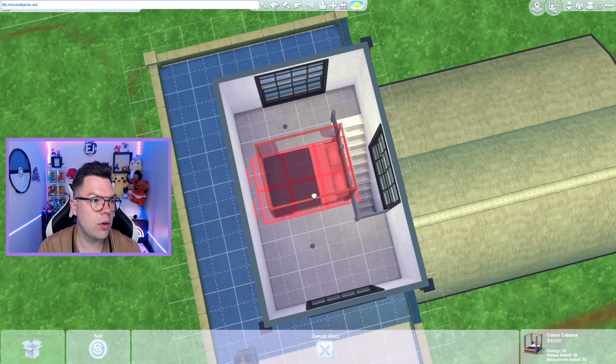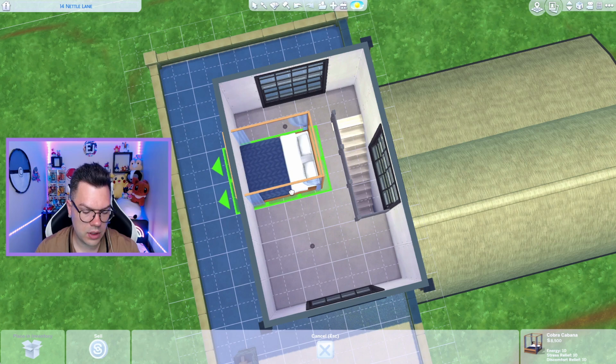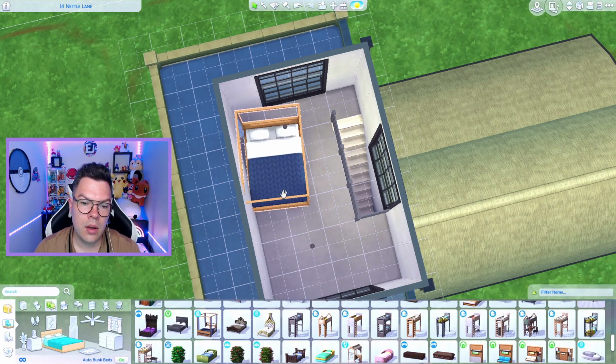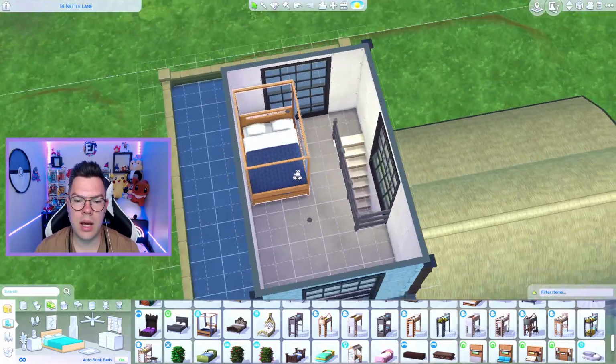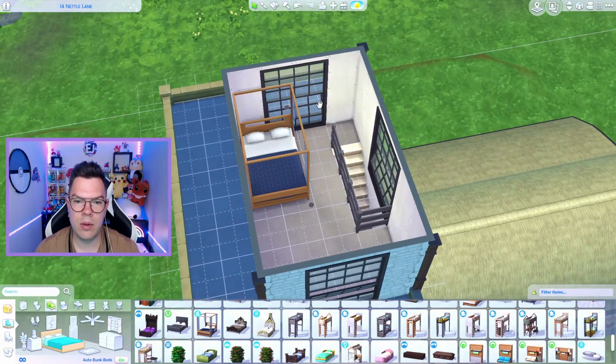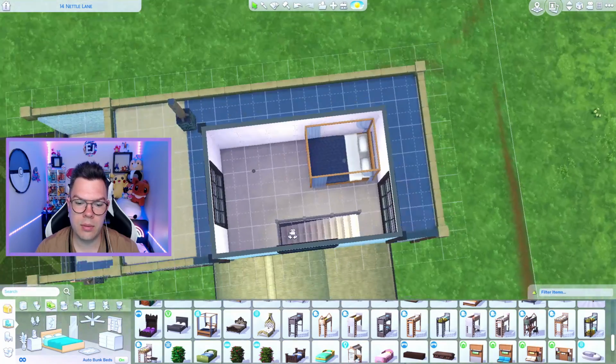I can't believe I've done this whole build so far without BB move objects on. Like, wowzers. What a difference that makes. I mean, we can definitely just put it in the corner. I feel like if we do that, I want to move this over. And then there's going to be no